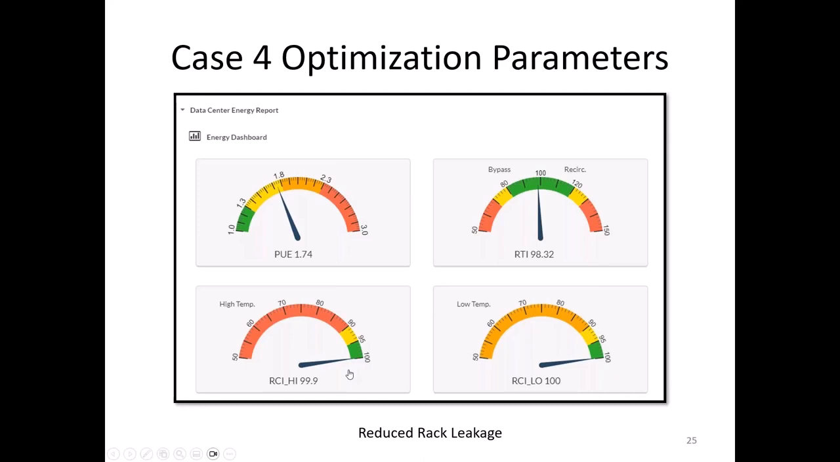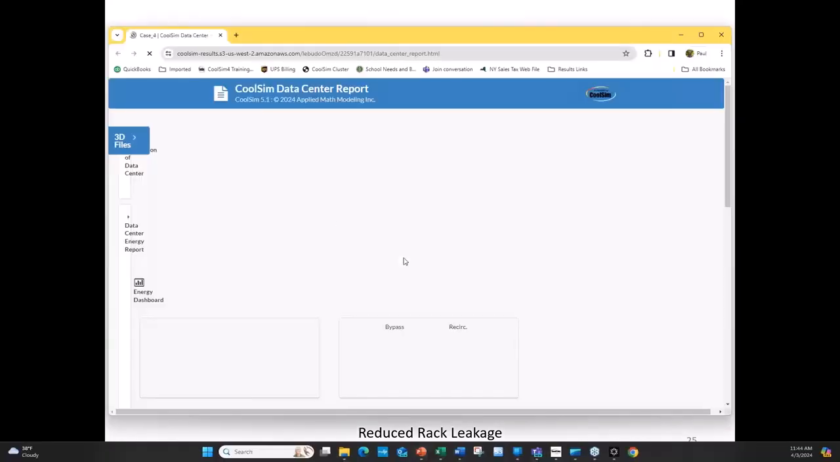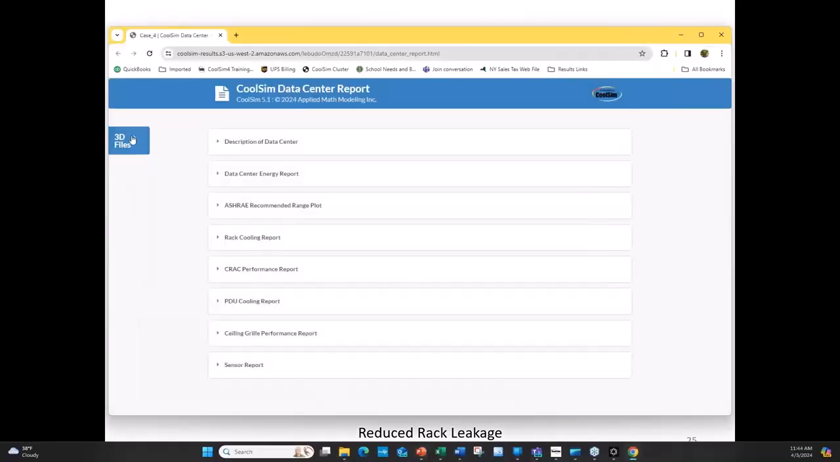I have customers who do that. Not a good thing, because first, it usually violates the law of conservation of mass, because the supply is not balanced with the demand by the racks. Second of all, it's not realistic. There's always some leakage. But here, all we've done is, you see the PUE is the same, the RTI is the same, near optimal. You want it to be in the 90s. The RCI high is near 100%, and I'm not too cold. So the only thing here that was done was we tightened up the